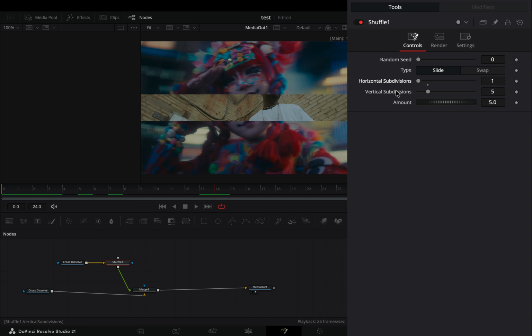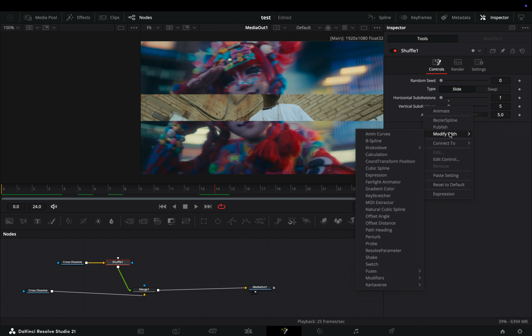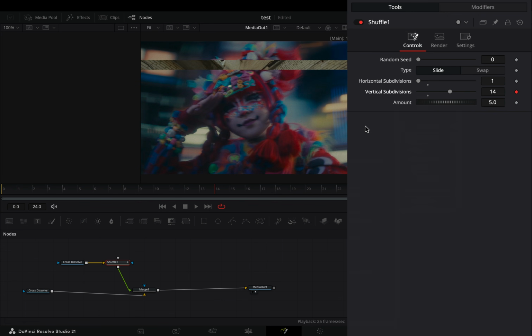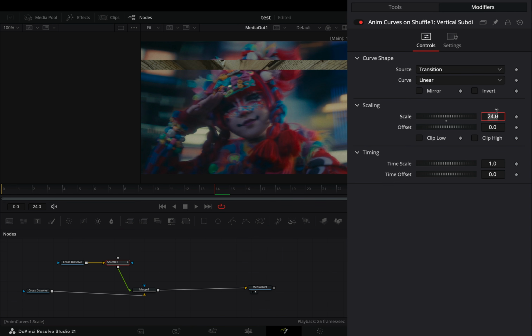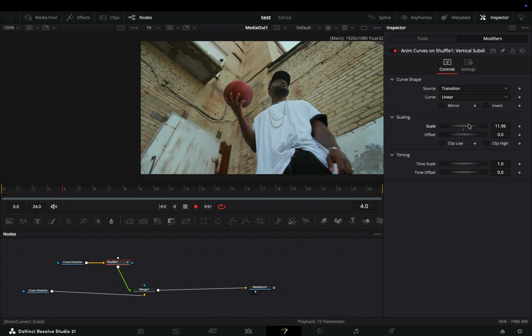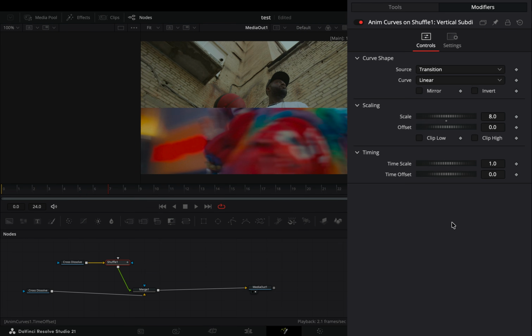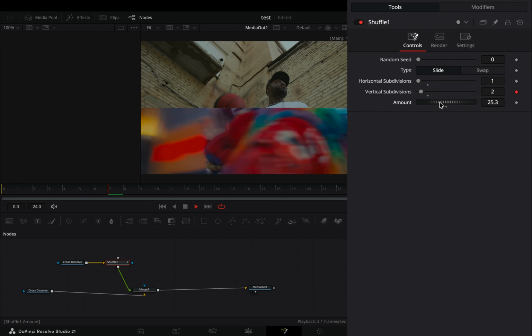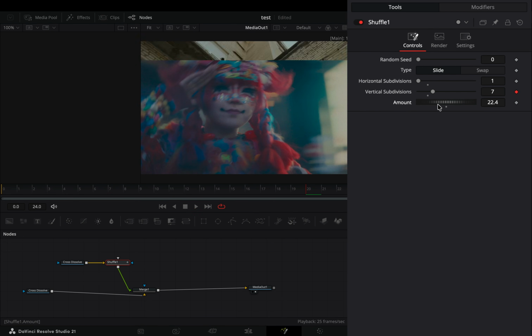Right-click the vertical subdivision slider, and select to modify it with Anim Curves. Go to the Modifiers tab, and set the scale slider to 8. If you want to have more subdivisions, just use higher values here. Go back to the Tools tab, and play around with the Amount slider and the Random Seed slider, just to